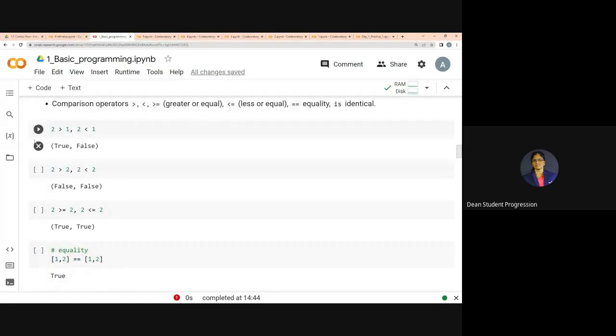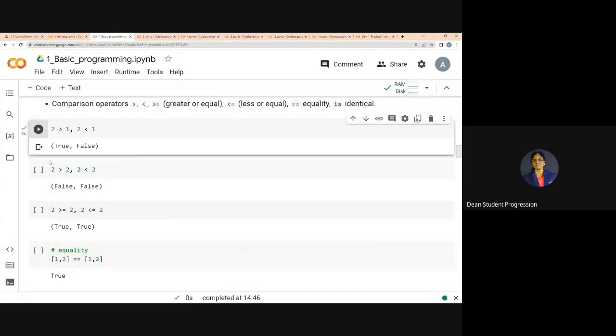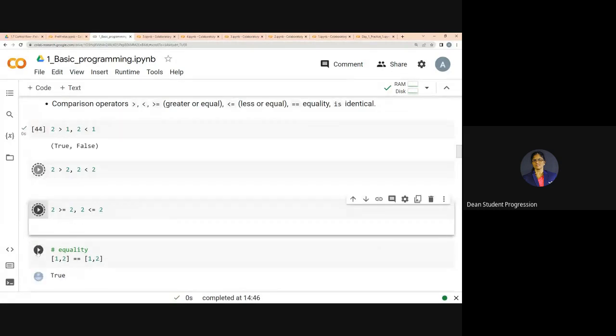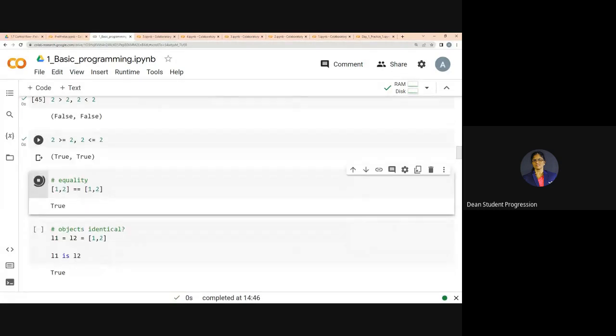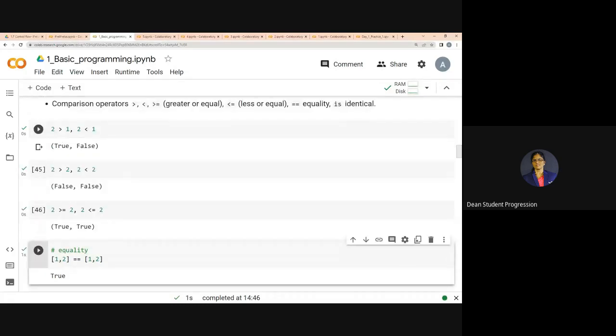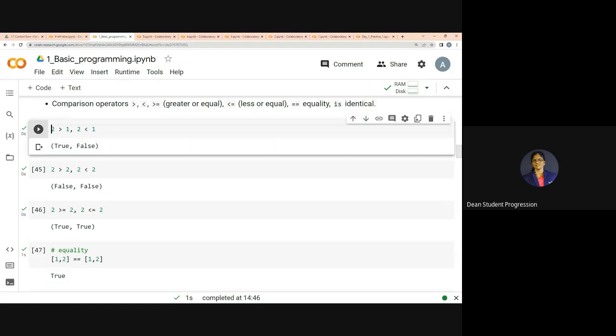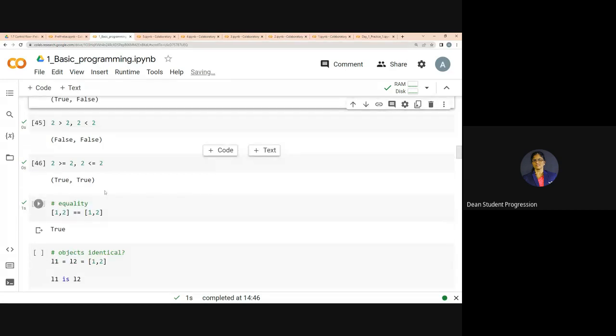Similarly, for the comparison operators, I have taken some random examples, 2 versus 2, and finding out whether they produce the same result or not. In this condition, I have taken two opposite things together. So 2 greater than 1, 2 less than 1, and they print true comma false. Similarly, 2 greater than 2, 2 less than 2, false comma false. Similarly, 2 greater than or equal to 2, 2 less than or equal to 2, true comma true. But in equality,